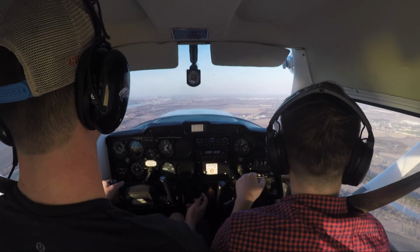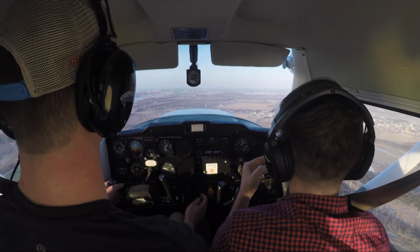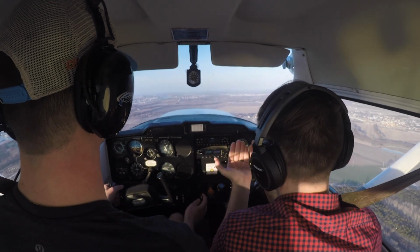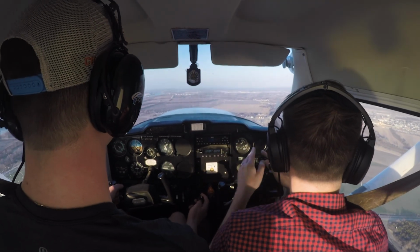Power for altitude, pitch for speed. Aim for the top part of those 1-2s. Then transition your eyes down to the end of that runway. Slowly take out that power as you slowly raise that nose up to the horizon. Land right on those 1,000 footers with the mains. Then on that